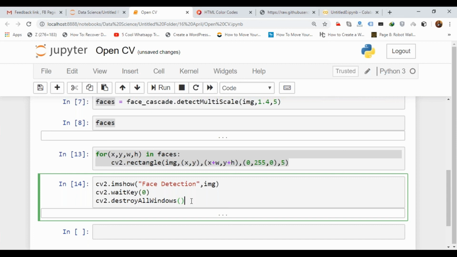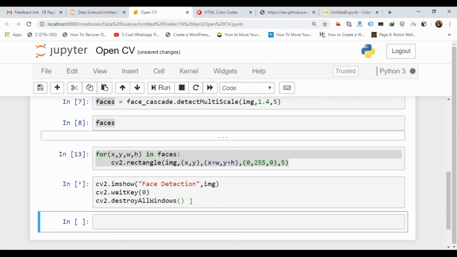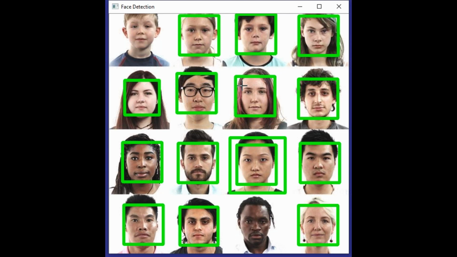Fine. So if I execute this, and if I check my taskbar, I can see that window. This is the face detection window, and here you can see this boy's face has not been detected, and this man's face also has not been detected. This girl has been detected twice.